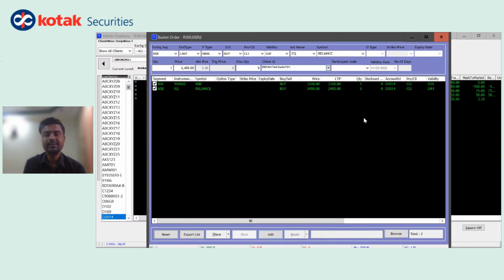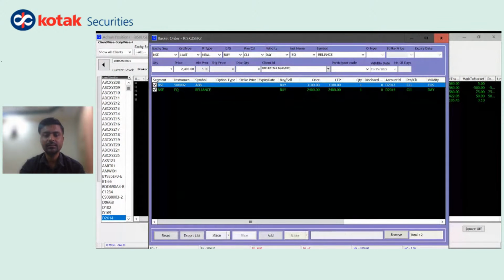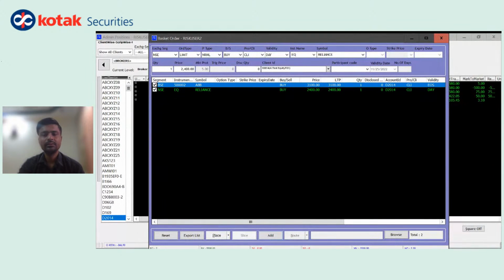Before placing the order, we are also providing an option to choose at what price to place the order. Either you can place at market or limit, or there are certain other options available. If you right click in the basket, these are the options available. By selecting all orders, you can apply the LTP price. Whatever the LTP was at that time, the order will be placed at that price. If you want to place at market, you can apply market. If you want to place a buy order and you want it to go as a limit at whatever the best seller price is available,